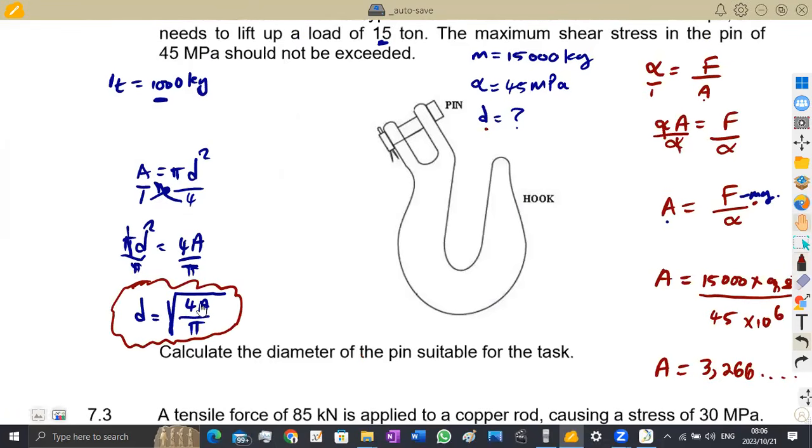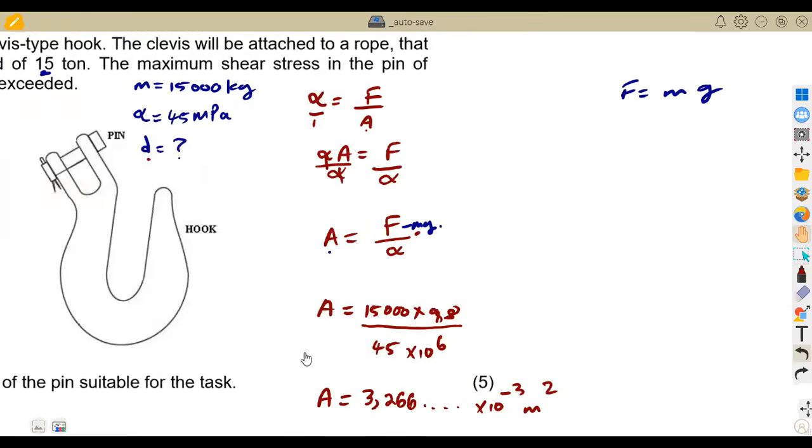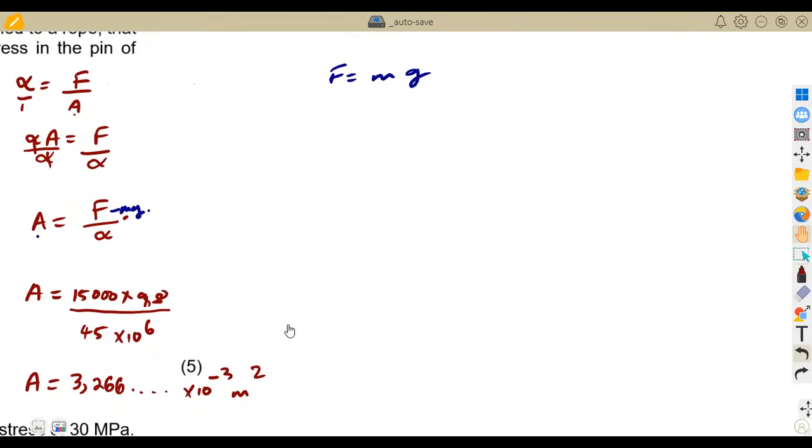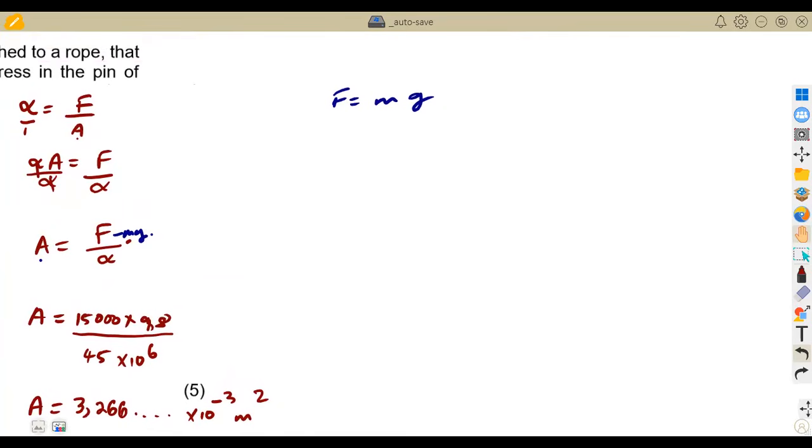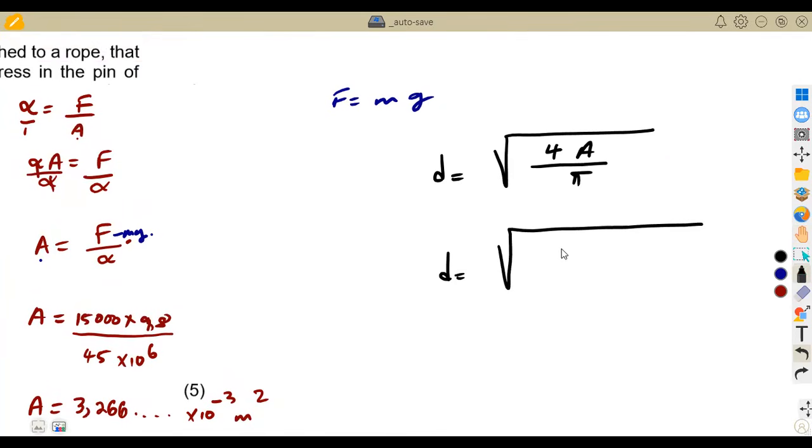Remember, I said diameter is the square root of 4A over pi in this case. From this formula, we can calculate our diameter. Therefore, the diameter is going to be the square root of 4A over pi. So you're going to substitute. That will be the square root of 4 times the area, which we got here,